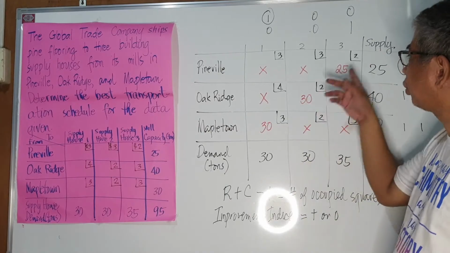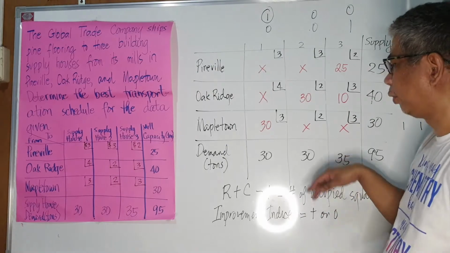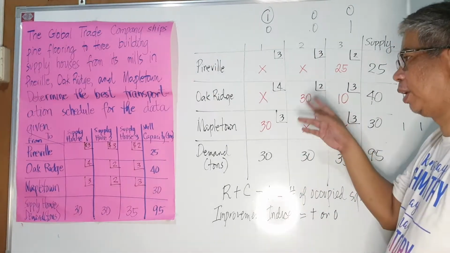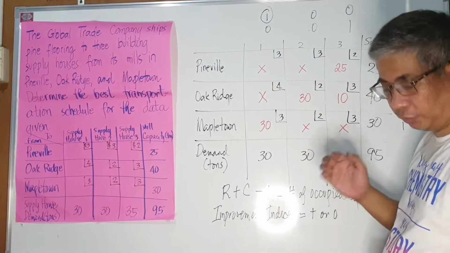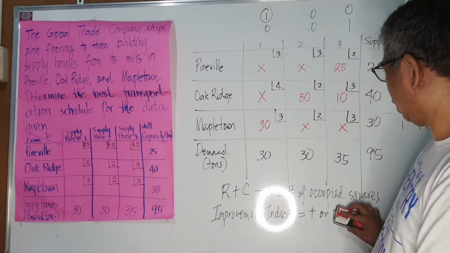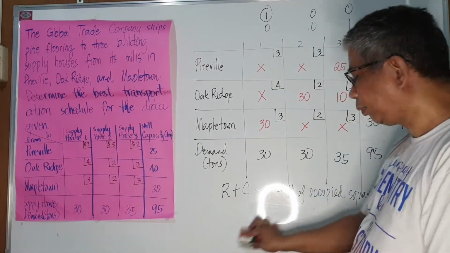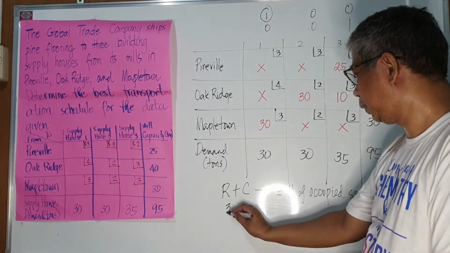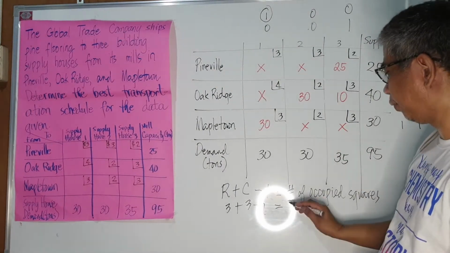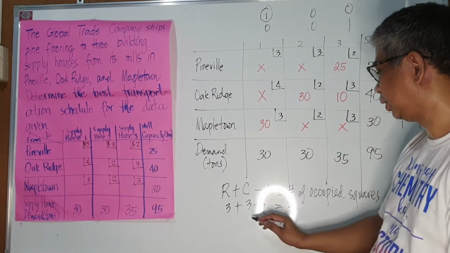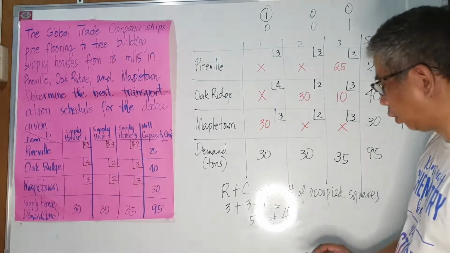So, how many occupied squares? 1, 2, 3, 4. Only 4. Whereas the number of rows and columns is equal to 6 minus 1, 5. So, there should be 5 occupied squares. So, what we have here is what we call... 3 plus 3 minus 1 is equal to 5, that's what it should be. The number of occupied squares is 4 only. So, 5 is not equal to 4. This is what we call